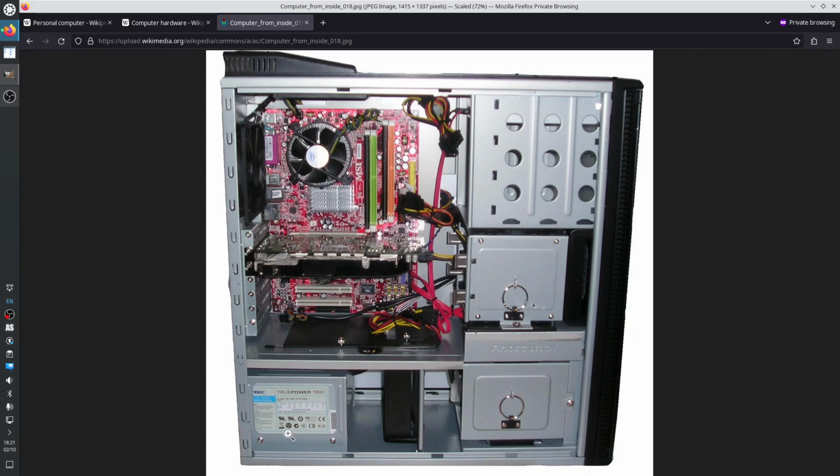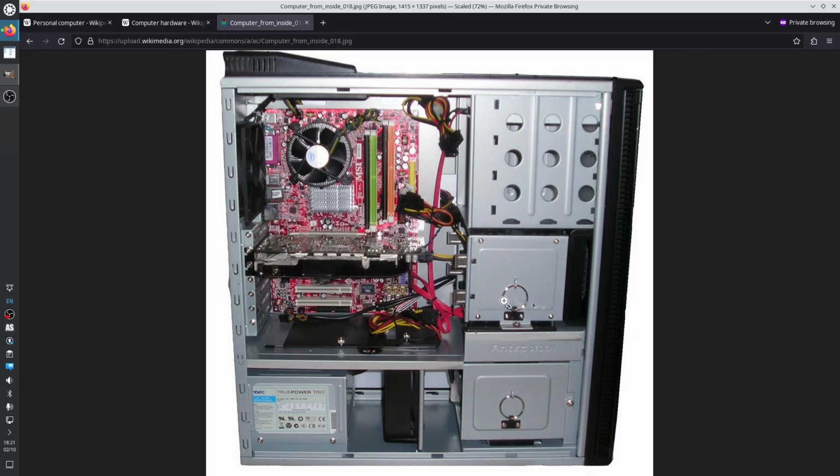The next thing, you screw the PSU, power supply unit, inside of the case. Then you take the bunch of cables and start connecting them to the motherboard in here, in the yellow connector in this case, and also in here, in the 4-pin connector. Then you put the CPU in its slot, you put the extension card in its slot,